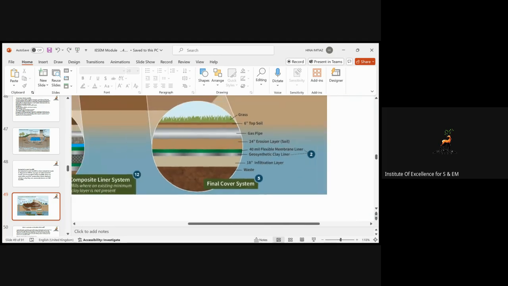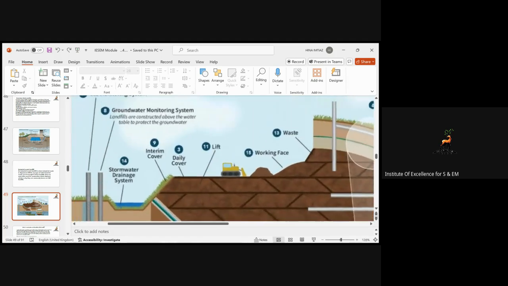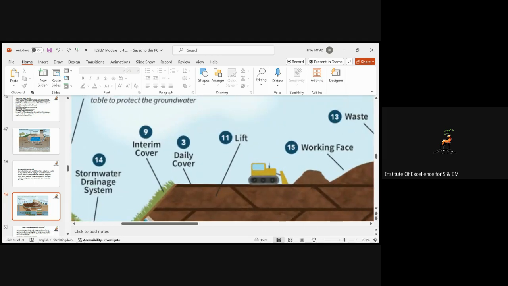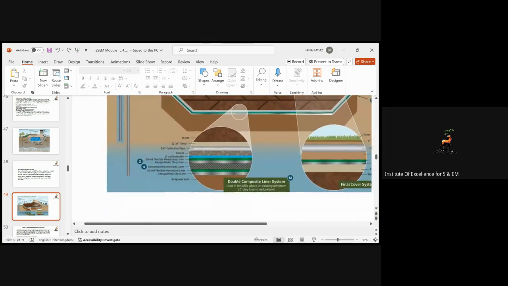And then you will move to the third one, which is the daily cover. So the daily cover is basically a layer of soil placed on top of the compacted waste at the working phase at the end of each day. The daily cover functions to minimize odor, pests and rodents, and it also prevents the waste from being blown out of the cell and reduces the amount of water that enters the cell. So this ultimately reduces the amount of water that comes in contact with the waste and reduces leachate production. All right. So you get the idea why we are installing the daily cover.